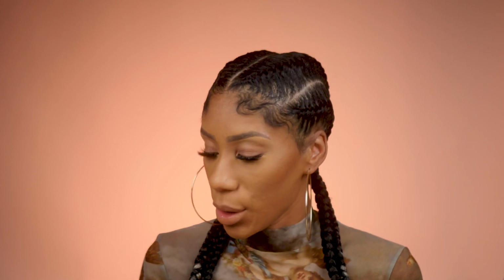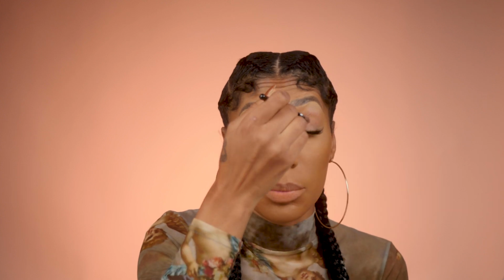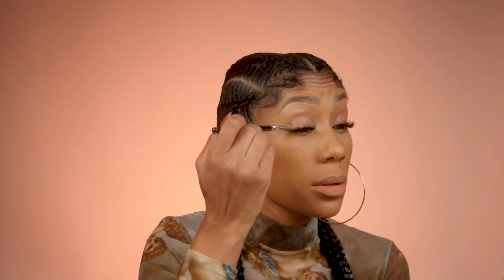So here, as you can see, I'm starting with my base. Foundation is already done, and I also already primed my eyelids. I used my go-to primer, the Louise base Rumour number 5, and I just applied a thin layer all over the eyelid, and then I'm gonna press that out first, and I'm just using this brush to smooth out any creases, and then I'm gonna lightly set